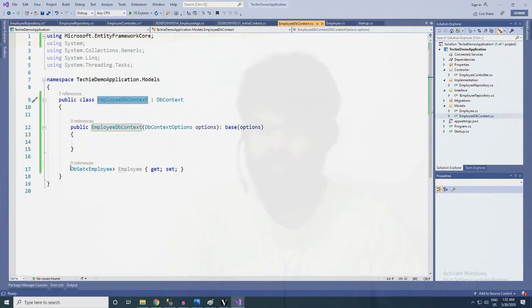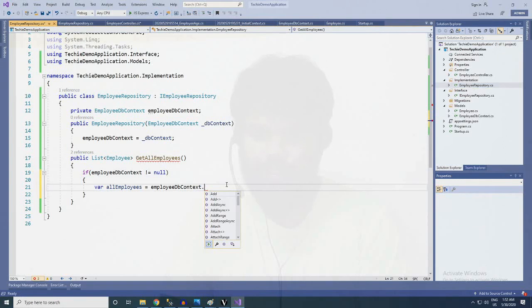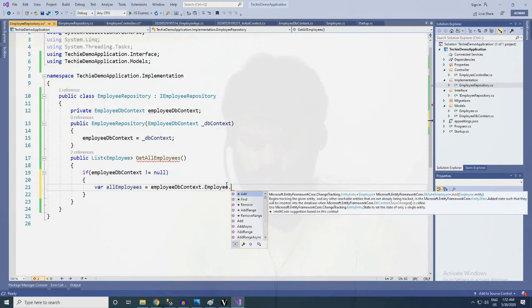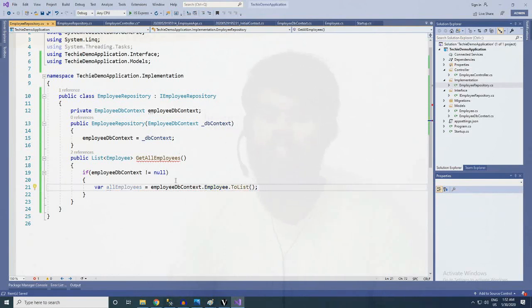The default access specifier is private in C#, so let me change that to public. And now let's try this, dot employee. Just we got it, and employees dot, let me change that to list. In this case we will be getting all the employees in list format.